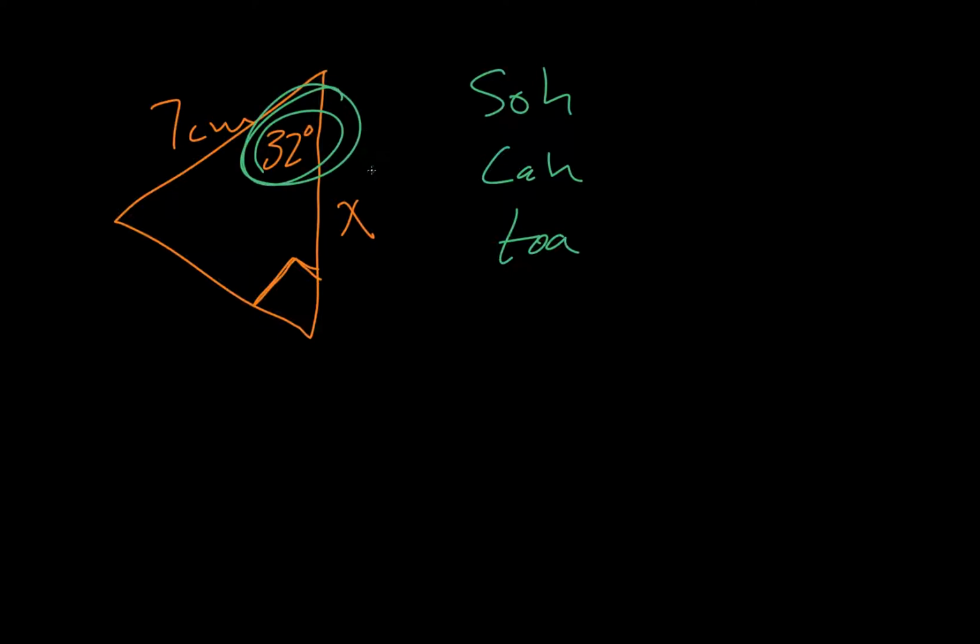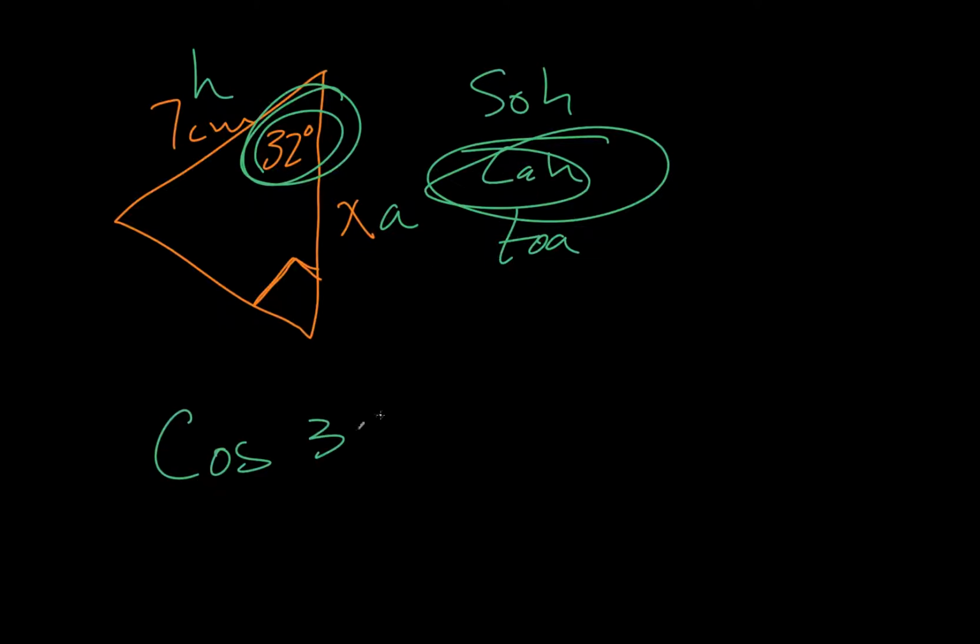So this is our theta, and we're interested in the hypotenuse and the adjacent side. So the one that uses both of those is cosine. So we're going to use cosine. We're going to say cosine of 32 equals adjacent, which is x, over hypotenuse, which is 7. So once we have that set up, we just solve for x, multiply both sides by 7, we get 7